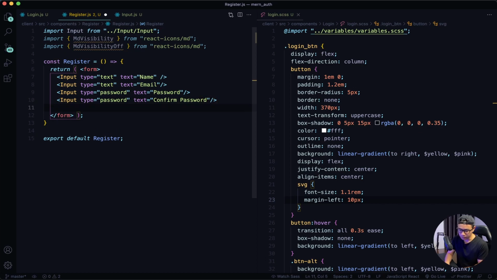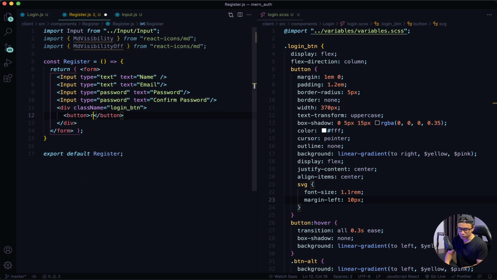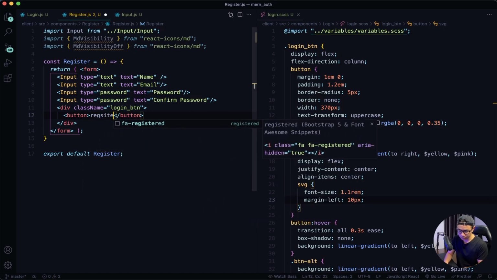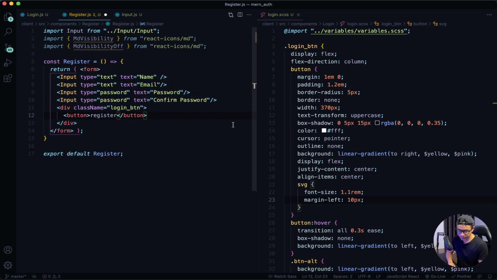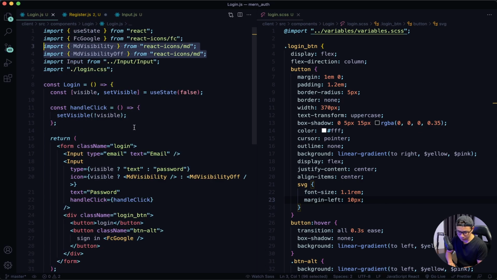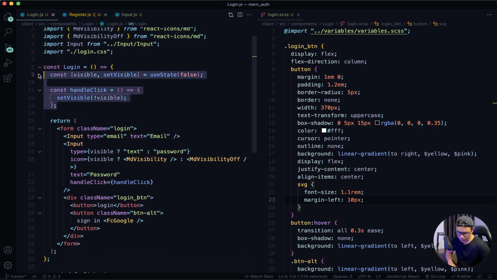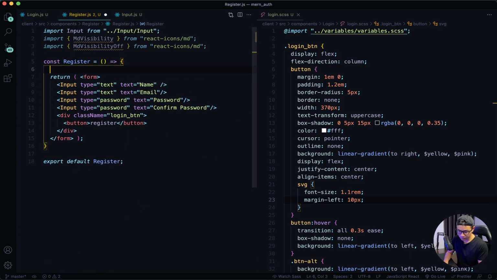After this, I want my button, so I will have a div with a class name of login_btn. Inside that, I will have a button that will say register. After this, I want the icon logic. So I will go back to my login component, copy these lines, paste it here,